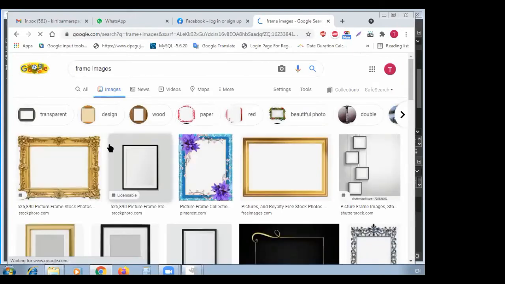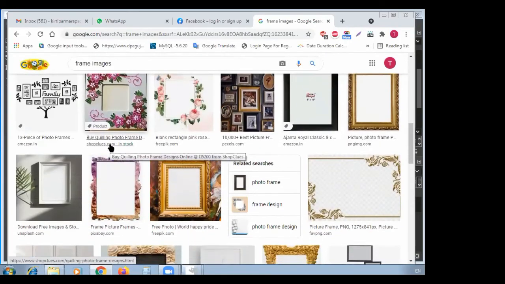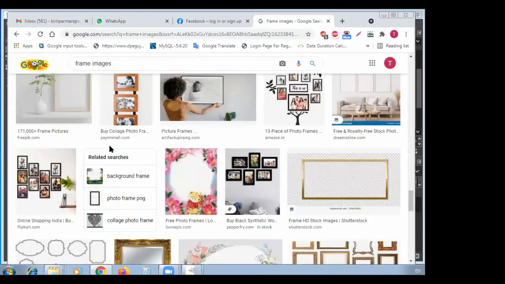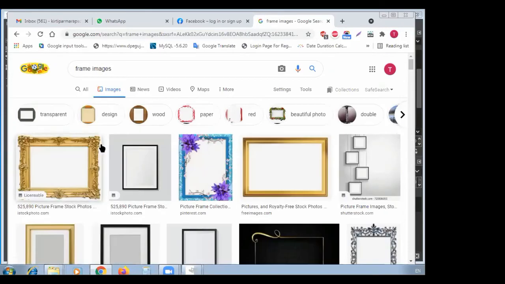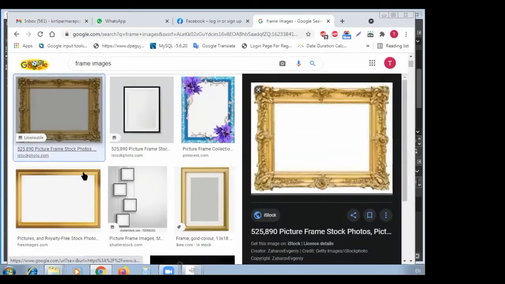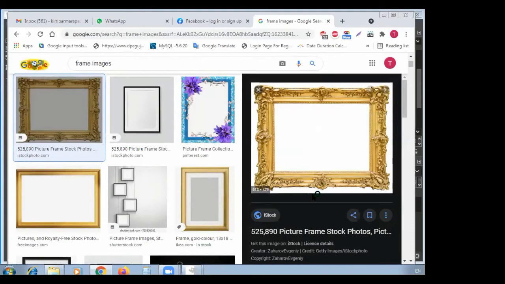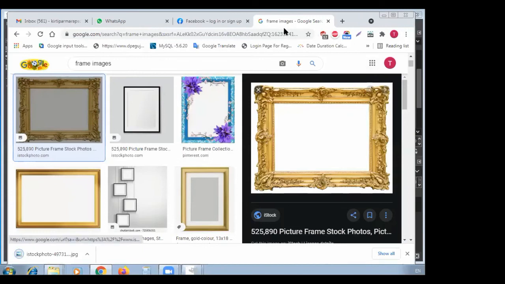In the image section, there are different types of colorful images. Yeah, it's wonderful. Different frames are shown here, right? See, choose any one. Like the first one we are choosing. Right click on that image. Click on the save image as option. Now a dialog box will open on your screen to save this file. Okay, I am saving this file at a particular location on the desktop and clicking on the save option.